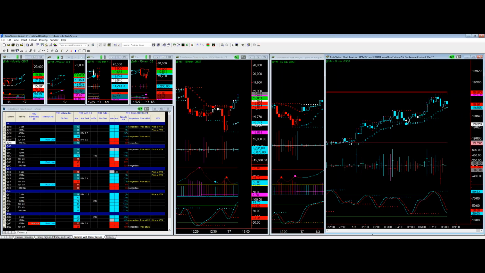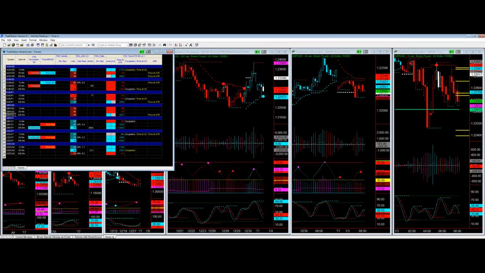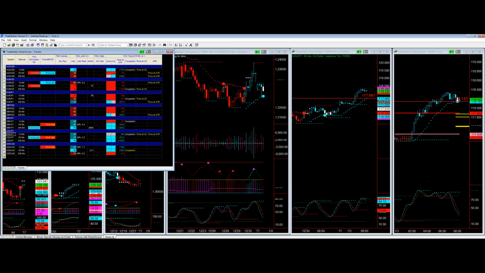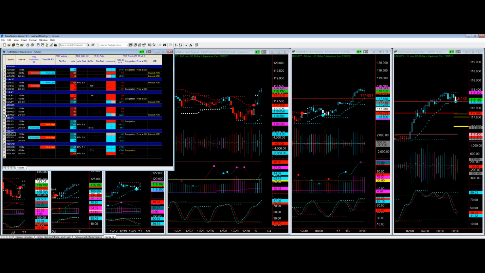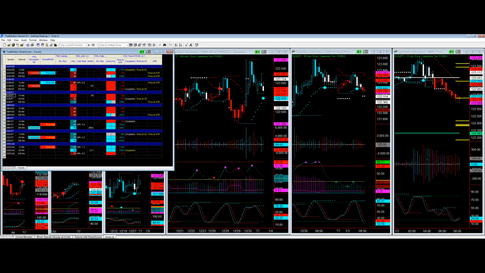That's what I would like to see on the British pound for that market to go up. I'm not seeing it right now. This is one I would keep my eye on. That one we've already looked at. Not interested in it. Let's see what the Euro Yen is doing. This is one I would anticipate it going up, but I think it's going to come down to this congestion dot just a little bit more first. And that's more of an advanced trade setup.